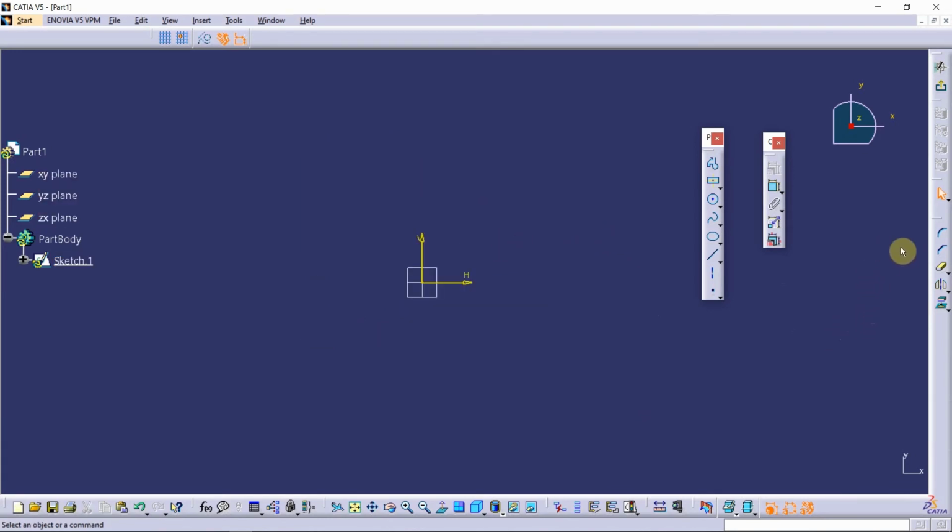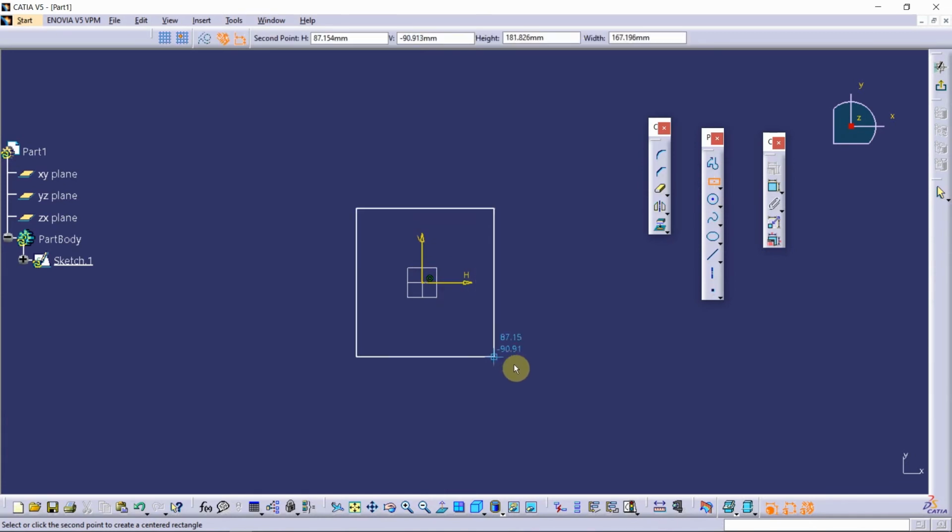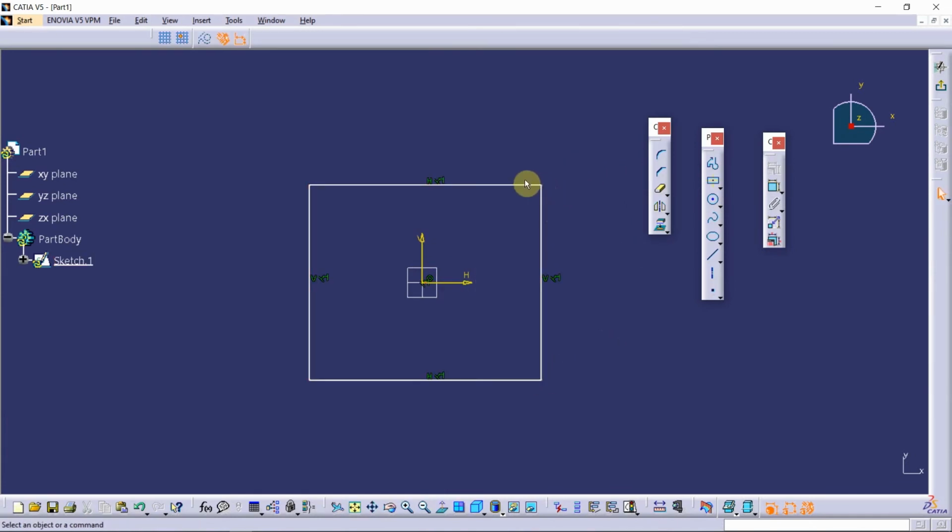There is another toolbar inside here which is important, which is this one. As you can see, this is fillet, this is chamfer, this is trim, and this is mirror, and this is project. We'll see these options. You know fillet, right? It will basically smooth out the edges. Let me demonstrate that with a rectangle. You can see here there is an edge. If I select this fillet and select these two lines, you can see the curve, which means that this edge is not sharp and it is smooth, and the fillet makes it smooth here.